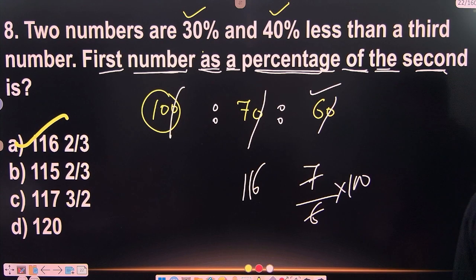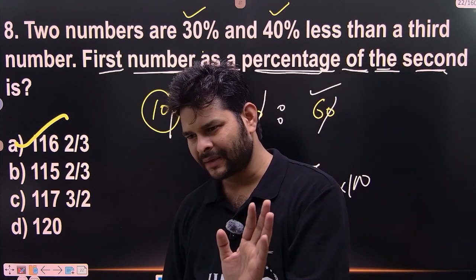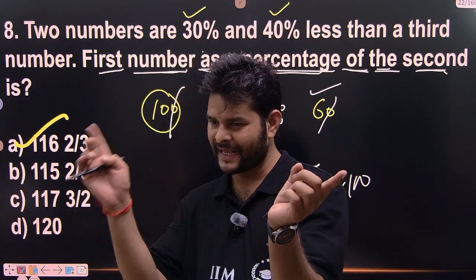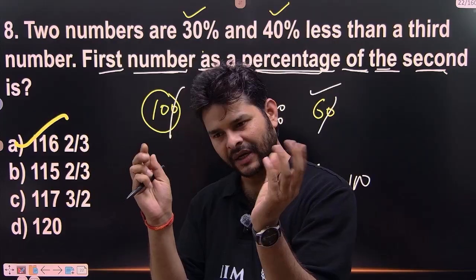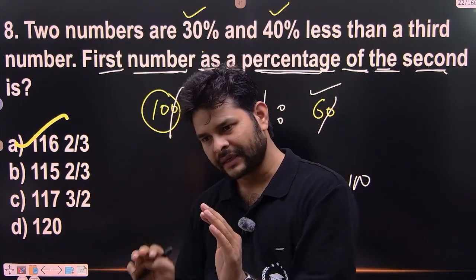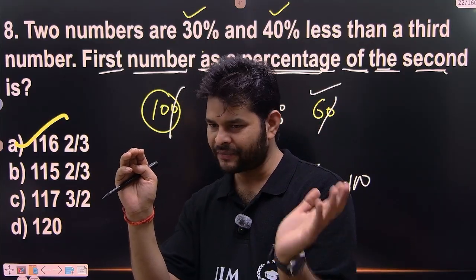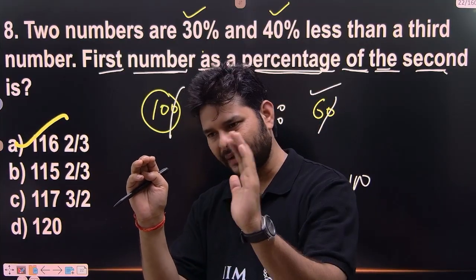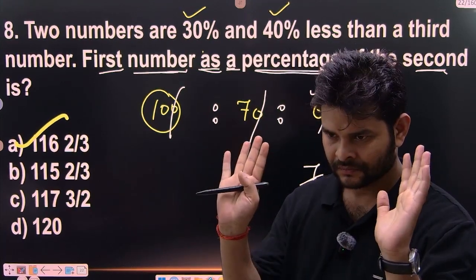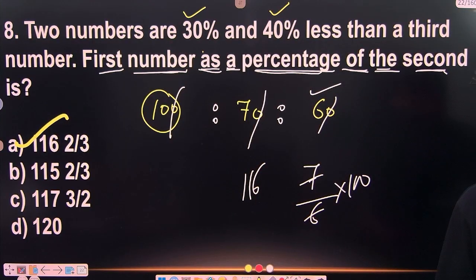So a very simple funda you need to learn: y which we are comparing, we need to put that value in the denominator. If the question is asking less than or greater than, then just take the difference. If the question is directly saying how much percent is that number, then directly put the given value in the numerator and y which we are comparing in the denominator, multiply by 100 and get the answer. The same method we are going to apply for 2 to 3 more questions.